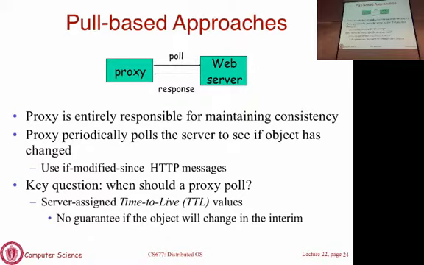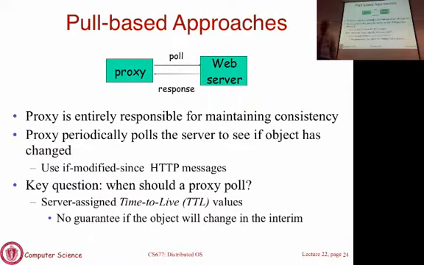The opposite is also true. If you are very lazy and poll once a day for very frequently accessed content, you will quickly have stale content in the cache. You will see them being cache hits, but the page has actually changed on the server. You didn't bother to check. So this is a problem.